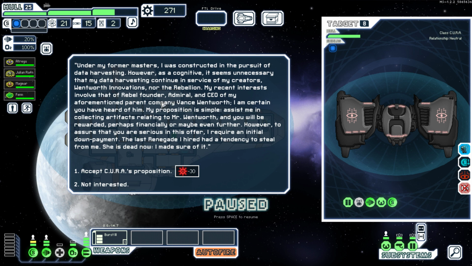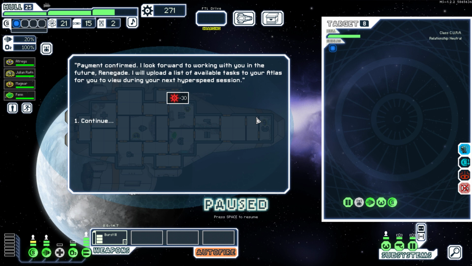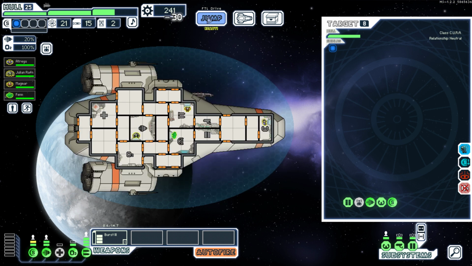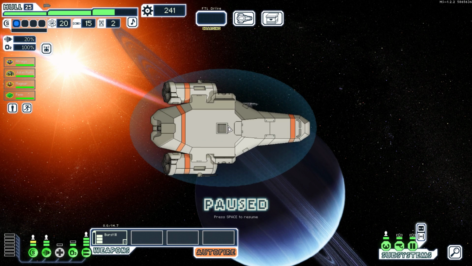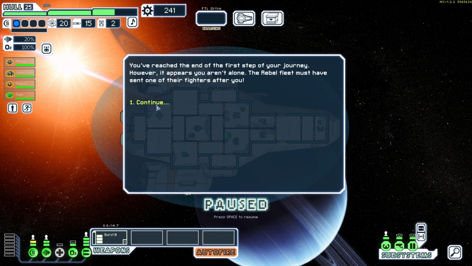And the main thing that the Kura is involved in is to look for this rebel founder, Vance Wentworth. I'm not really sure what it says, because I really don't want to read this whole paragraph, so let's just accept the Kura's proposition and ignore what's written here. If you want to read it, then you can always pause, but I'm not going to. And we paid it, and I think we'll be able to get a job from it in quite some time. So let's jump to the exit beacon, and there's always a pretty hard enemy at the exit, so